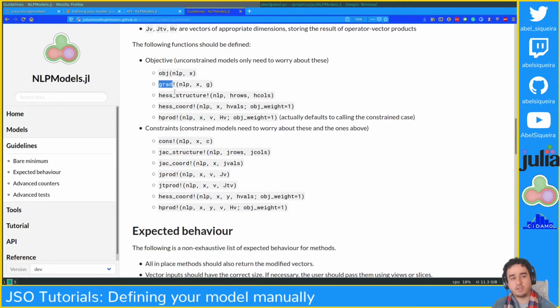obj, grad!, hess_structure!, hess_coord!, hprod!, cons!, jac_structure!, jac_coord!, jprod!, and jtprod!. Then hess_coord! and hprod! again. Okay, so hess_coord! and hprod! appear twice because these are for the Lagrangian and these are for the objective. Okay,